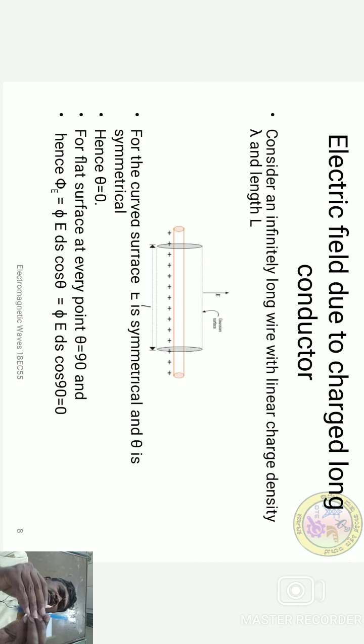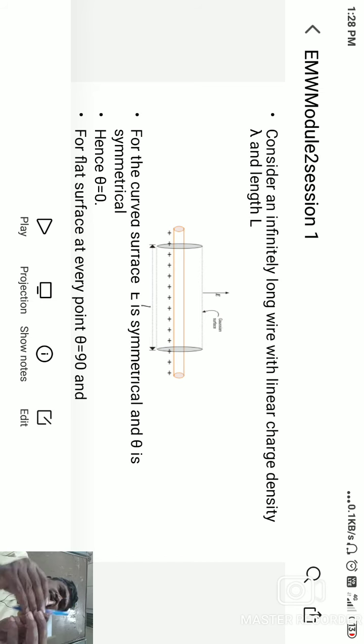Since these two are normal, I can apply Gauss law. Otherwise, if it is a square like this, it is not symmetric. From the point it is different, from here it is different, from here it is different. So I cannot apply it like this, or with any other structure. I can apply it only with the cylindrical form. So I can use this cylindrical form to apply the Gauss law.